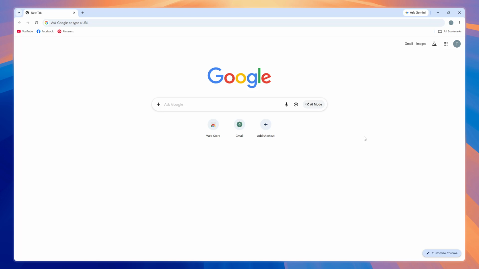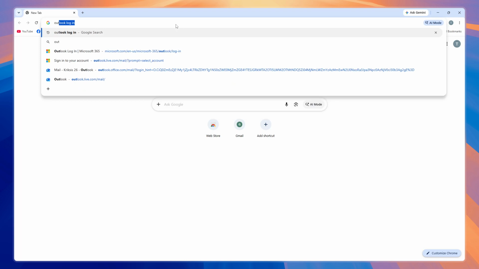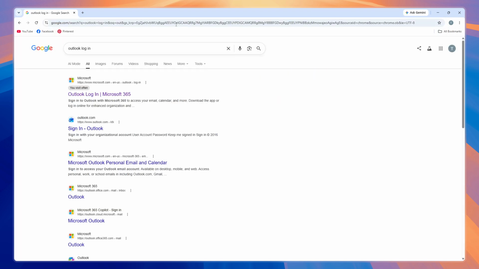First, open your Google Chrome browser on your computer. Once Chrome is open, direct your attention to the search bar at the top of the window. Here, type in Outlook Login and press the Enter key on your keyboard. This will bring up search results related to Outlook's login page, making it easy for you to access your email